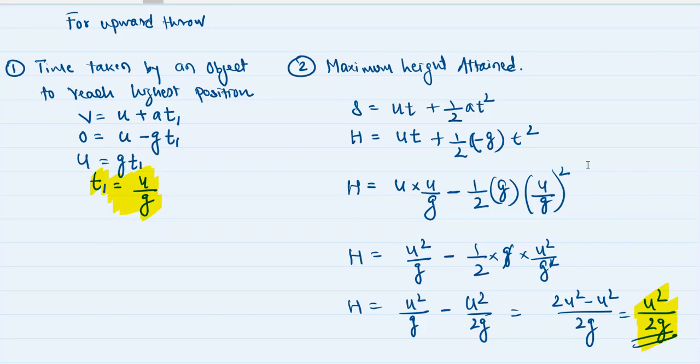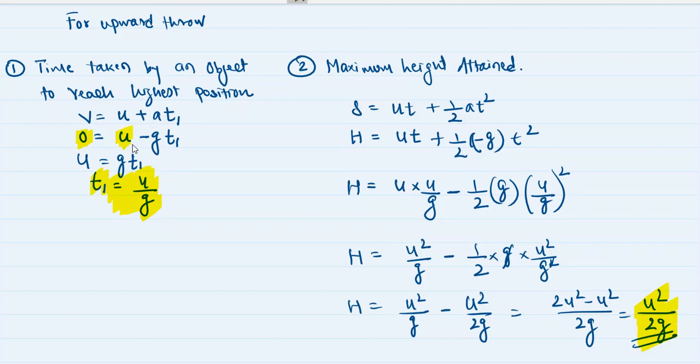Okay, so number one, we'll find out the time taken by an object to reach the highest position. So let's take that time as t1. Okay, now which equation of motion are we using? We are using v is equal to u plus at. That's the first equation of motion. In the place of t, I'm writing t1 deliberately because that is the time taken by the body to reach the highest position. Now at highest position, the final velocity will become 0. U we don't know. U is the speed with which we are throwing the body upwards. Acceleration for a body which is traveling upward is negative.